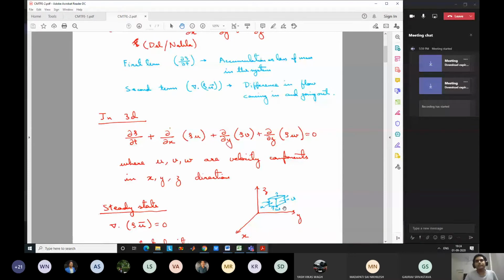Remember that the assumption is still there, that it has to be a continuum. Even if we are assuming that it is infinitesimal, I cannot assume that there are separate atoms. Then we cannot use these equations. Obviously in real life, if you go to a very small volume, you will have atomistic behavior and you cannot use our normal CFD algorithms.